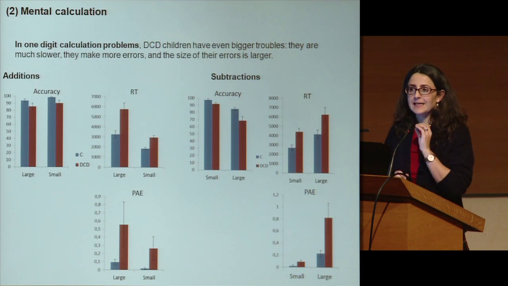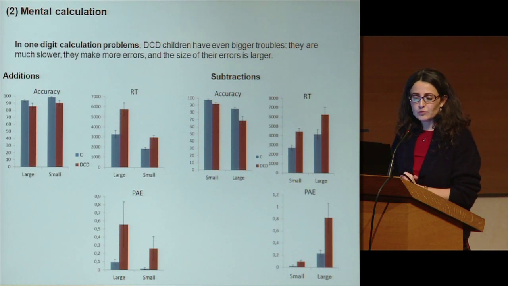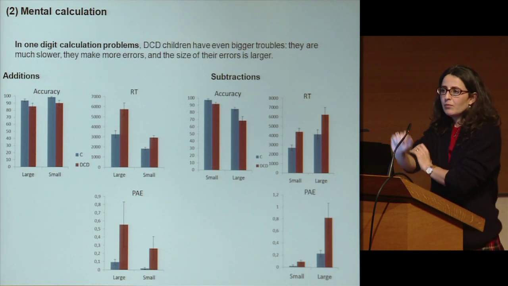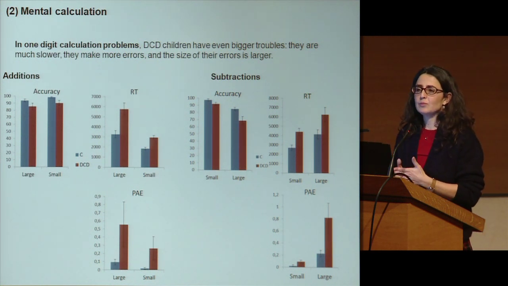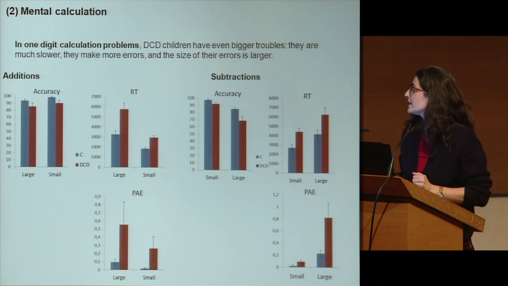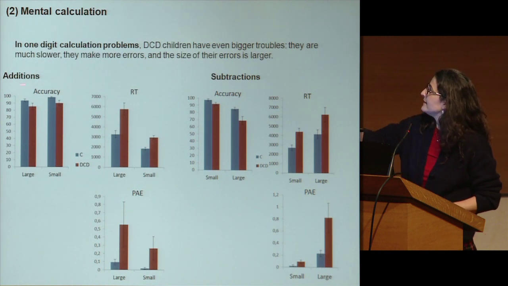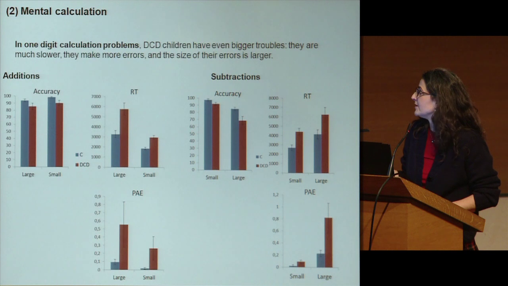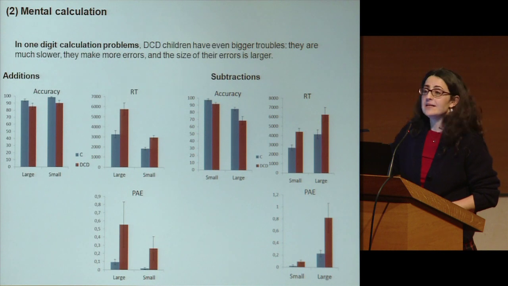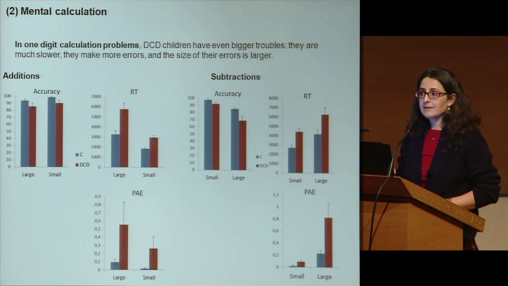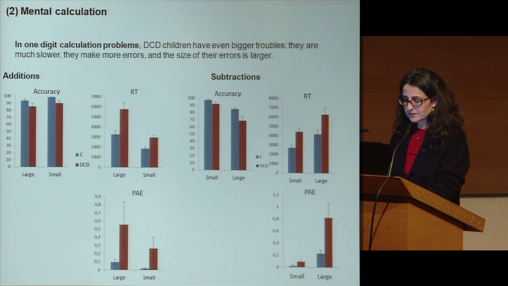We also had a task that, by definition, didn't involve, or at least not explicitly, eye movement control, which was a calculation task. Numbers appeared on the screen, they stayed on the screen for the entire trial, and we asked subjects to perform one-digit simple addition and subtraction. You can see that dyspraxic children are impaired compared to normal children, both in reaction times and in accuracy. When they make errors, and they make more errors than their controls, the size of their error is also much bigger. They make more overestimation and more underestimation in addition and subtraction.